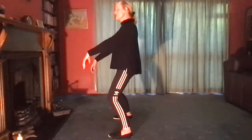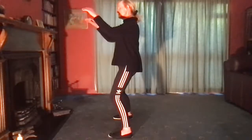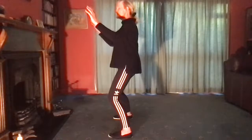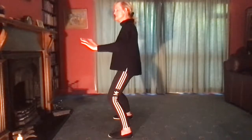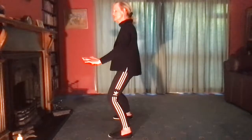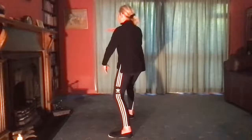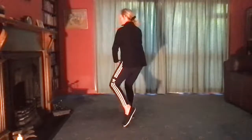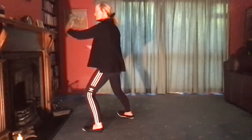Feel the arms floating up. Notice how the air feels heavy as the arms float up. It's like the arms are weightless. Feeling that space, that spaciousness that you are as the arms float down. And then we pivot on the right heel, making the ball between the throat and the dantian. Step forward and left palm at the throat,